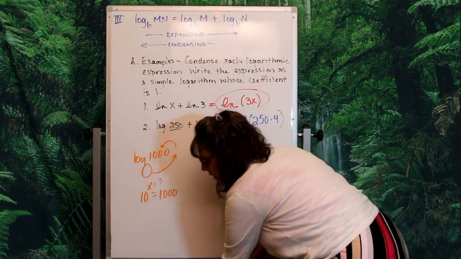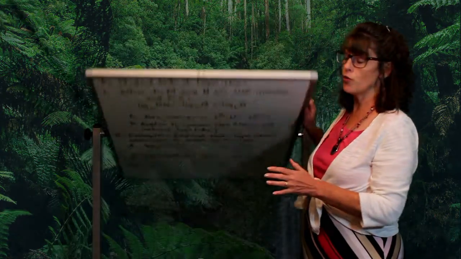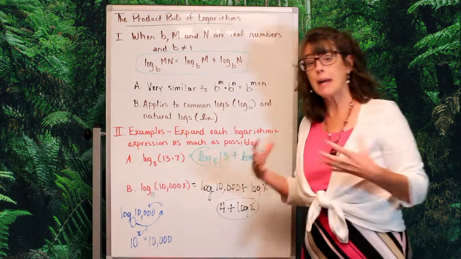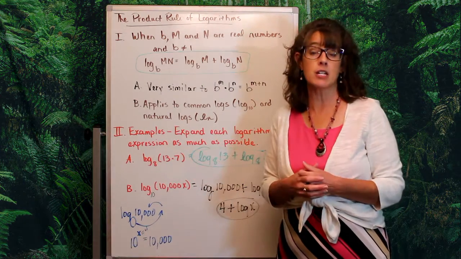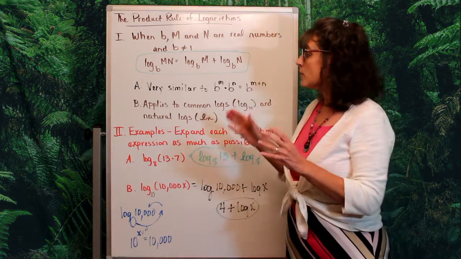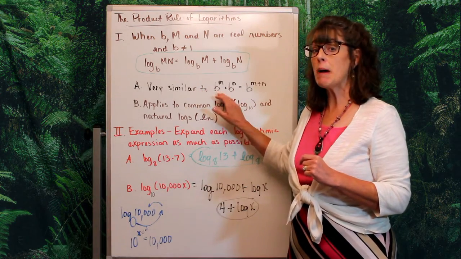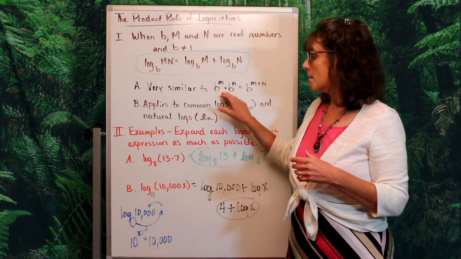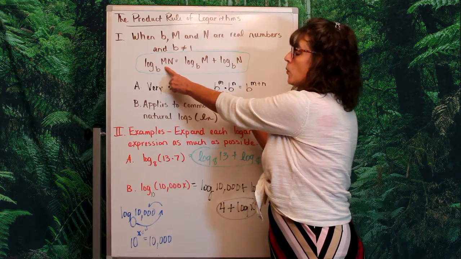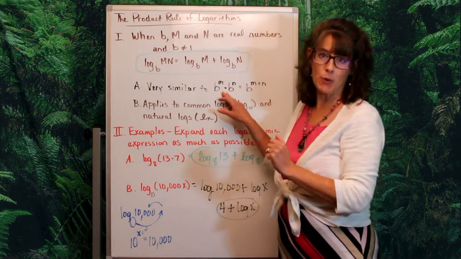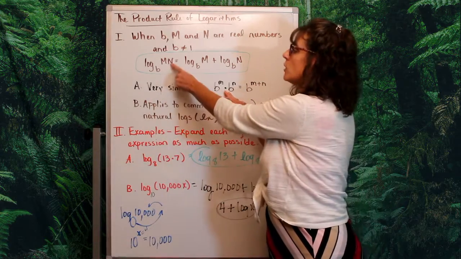So hopefully this helps you to understand the product rule for logarithms and how helpful it is for being able to expand your logarithms and for being able to condense your logarithms. All of it is about simplifying logarithms. And remember, it's easy to remember because it goes back to the similar idea that we had whenever we were looking at our laws of exponents. Multiplication will lead